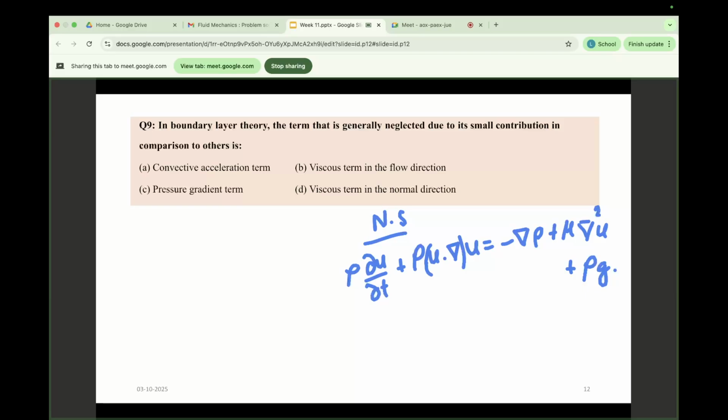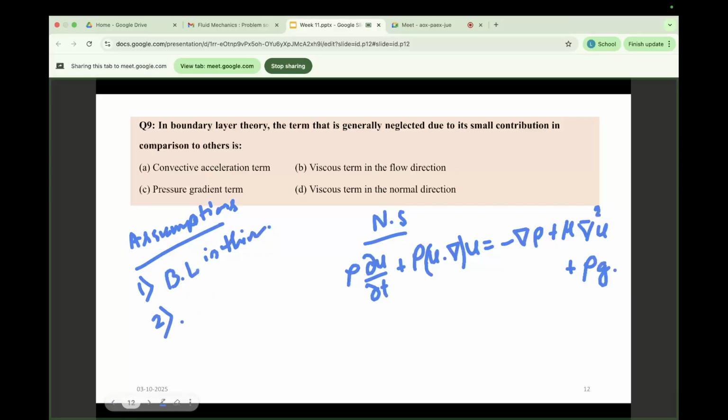There are three assumptions for the boundary layer approximation. The first is the boundary layer thickness assumption. What are those assumptions? First is the boundary layer should be thin, right? So next is